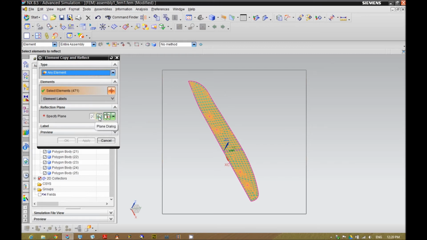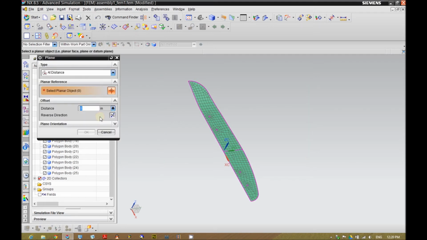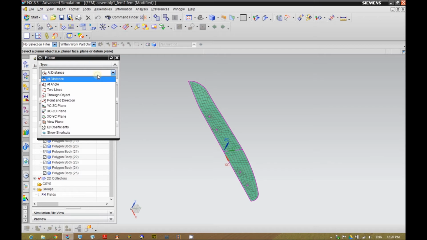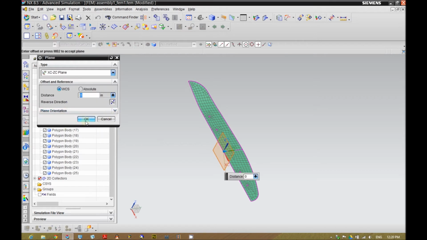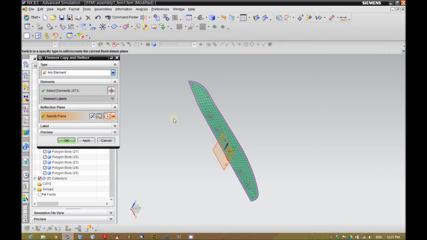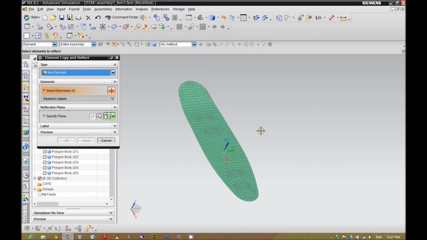Then let's specify the plane to reflect. This is the ZX plane, distance 0. Okay, and apply. So now we have the mesh for the whole board,